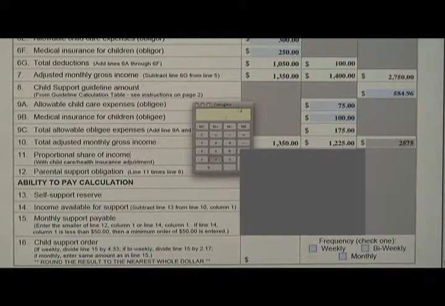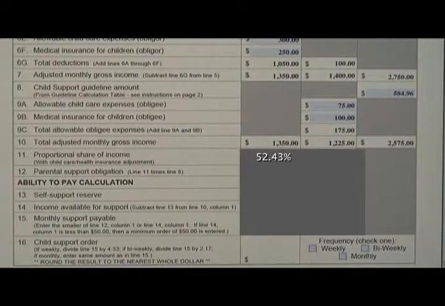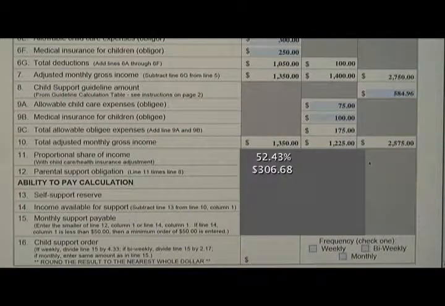We divide that number by $2,575 a month, which is John and Jane's combined monthly gross income. Dividing this out would give us 0.52, which means John's proportional share of that child support guideline amount of $584.96 would be 52%, which in line 12 equates to